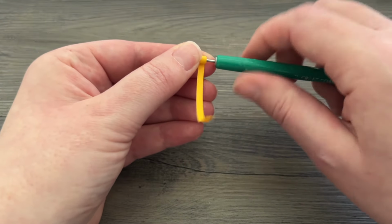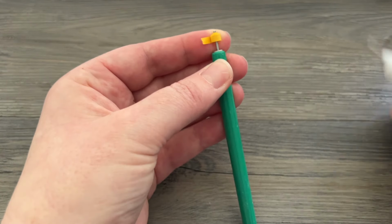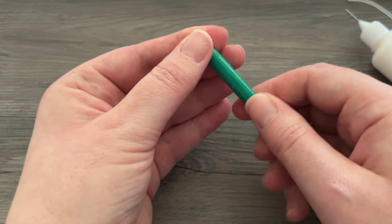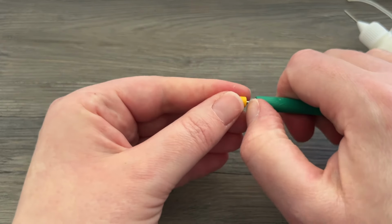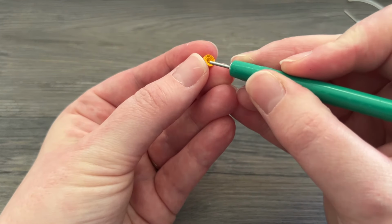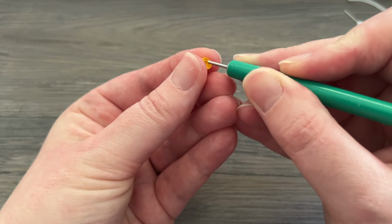I have about 8 or 9 inches of the yellow here. I'm rolling it up on my tool. You can use a slotted needle tool for this if that is more comfortable for this project. That's fine. Keep it on the tool and get it sealed up. And then we're just going to indent this just a little bit. We don't need it to be a cone. We're just going to kind of push in the center just a tad